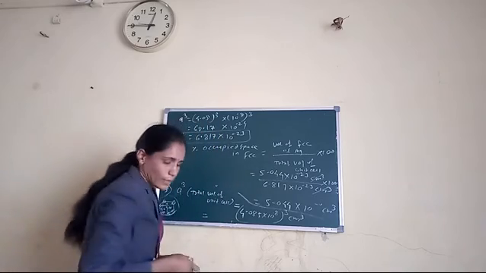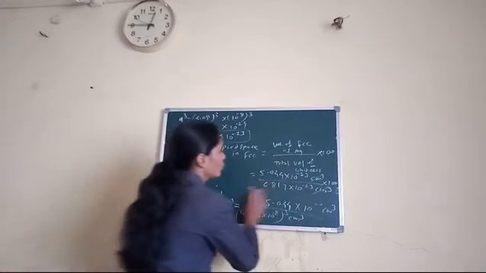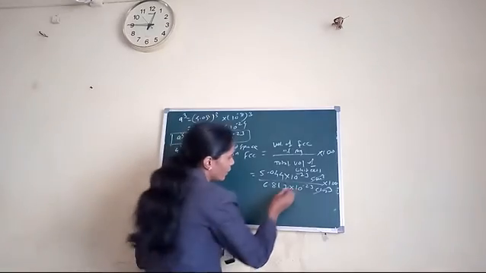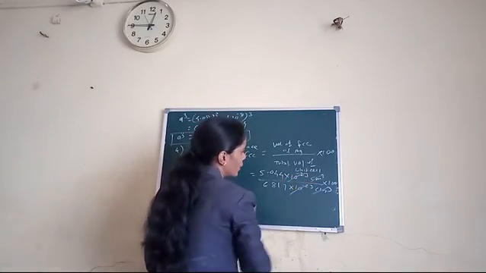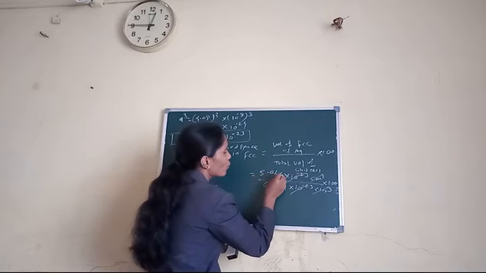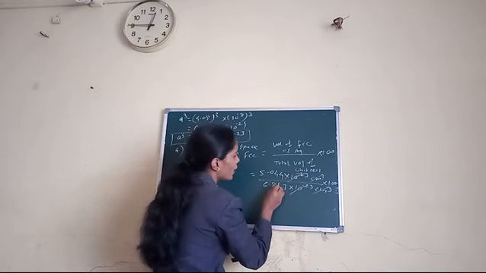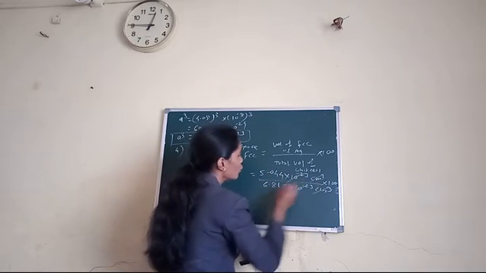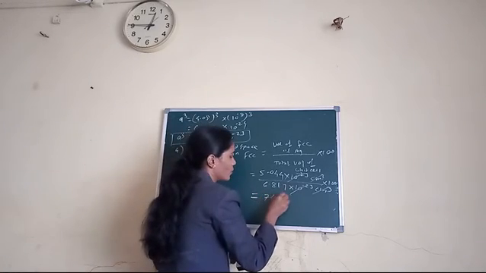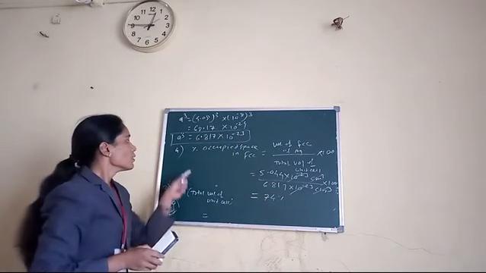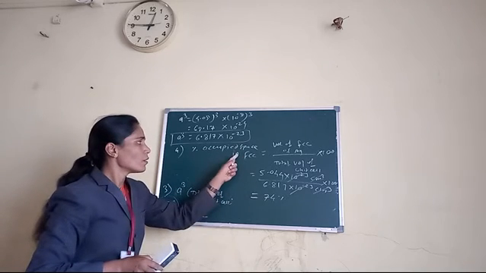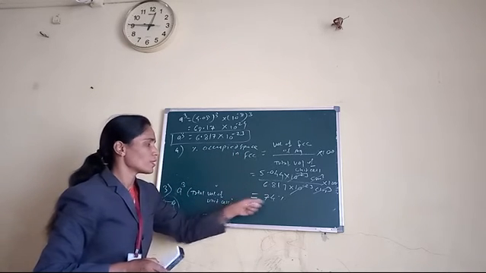Centimeter cube gets cancelled, and to solve this, 10 raised to minus 23 cancels with 10 raised to minus 23. So 5.044 upon 6.817 into 100 is equal to 74%. That is, the percentage of occupied space in FCC of silver is 74%.